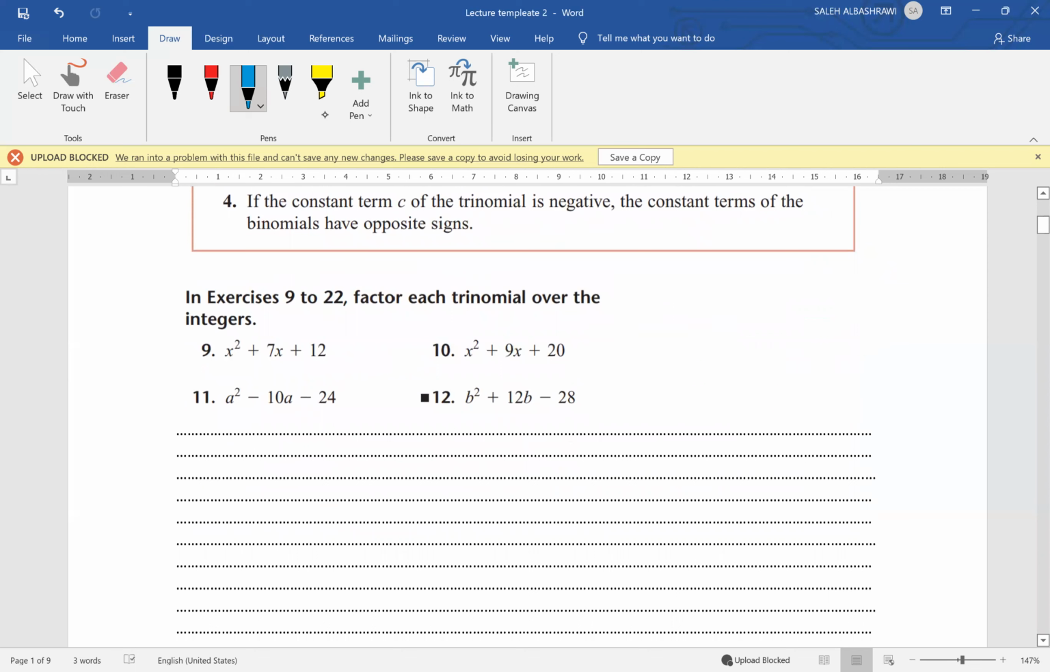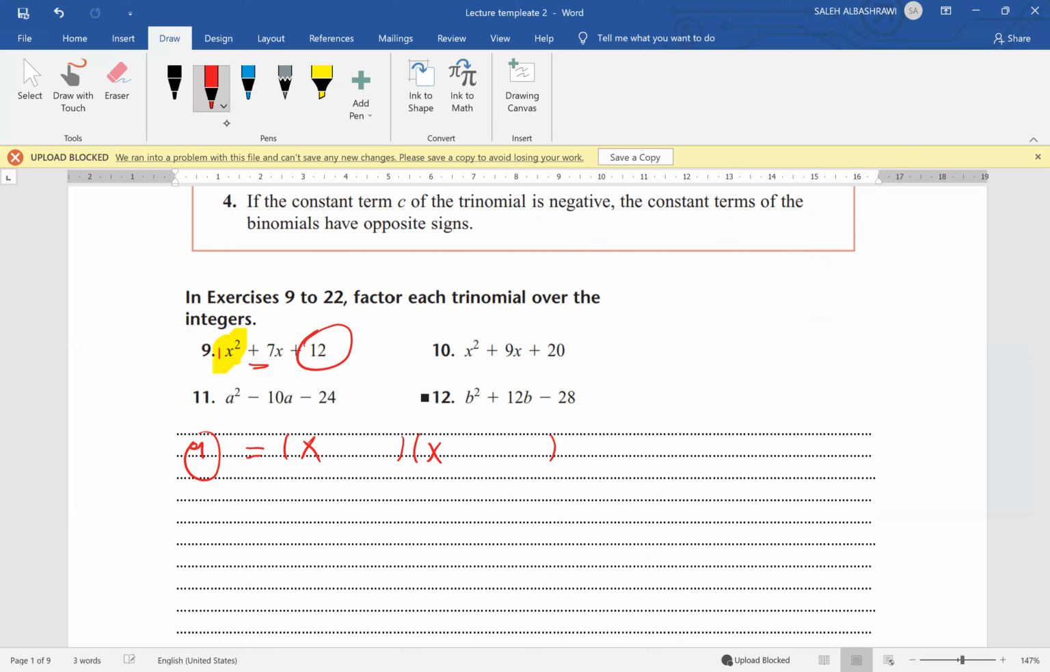In these exercises, I need to factor each trinomial over the integers. Question number 9: I have x squared plus 7x plus 12. The coefficient of x squared is 1, so this trinomial can be written as a product of two binomials. For the first term, x squared, we can write it as x multiplied by x: x in the first binomial and x in the second binomial. Now I need to find two numbers whose multiplication equals 12